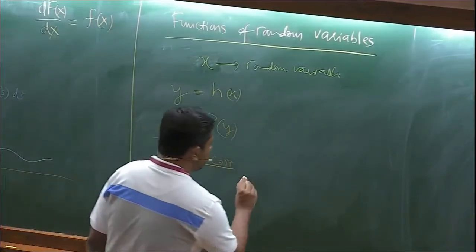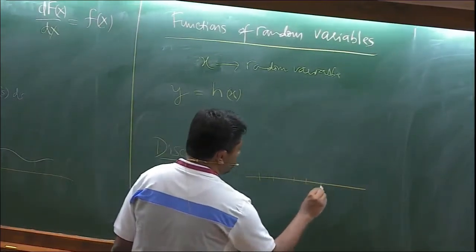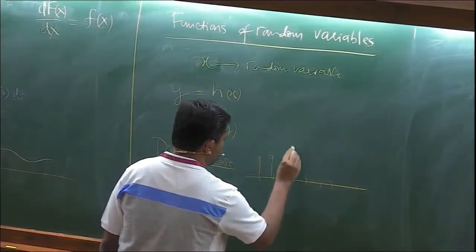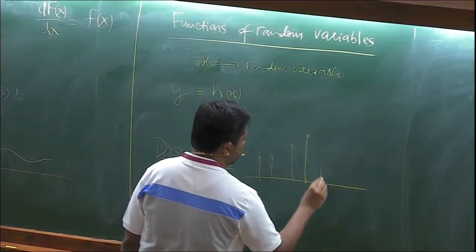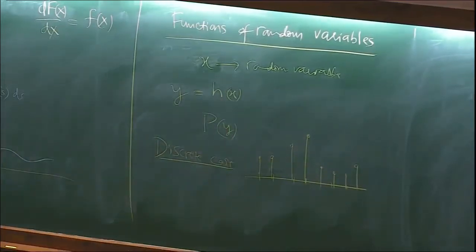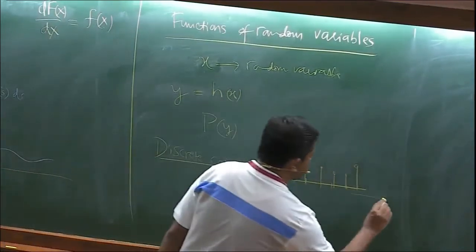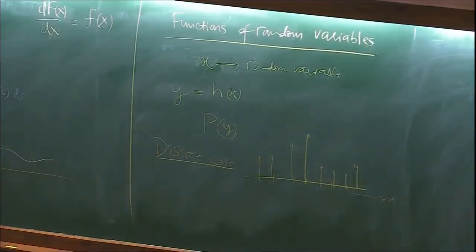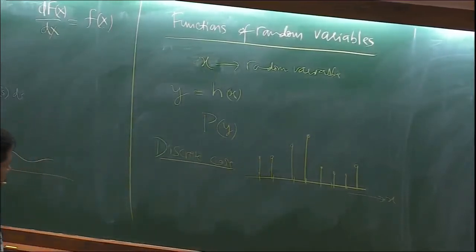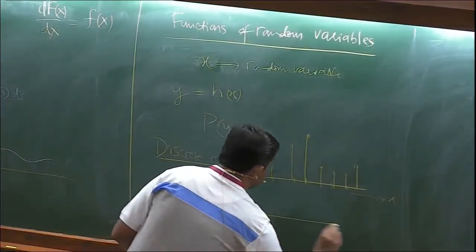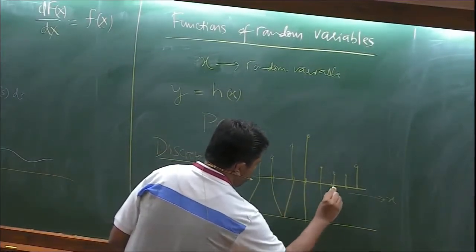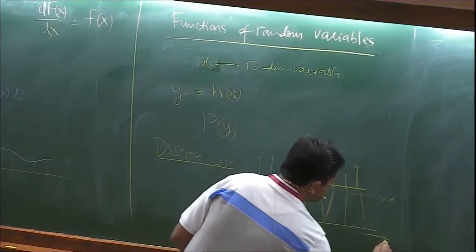In the discrete case, what you have is a set of discrete values. That's your sample space, and you have some probabilities associated with those points. So this is your X space. If you do a transformation from X to Y space, and the two are related by h of x, you're basically going to deform this. Maybe this comes close by, this comes far off, this comes close by, something like that. That's your Y space.